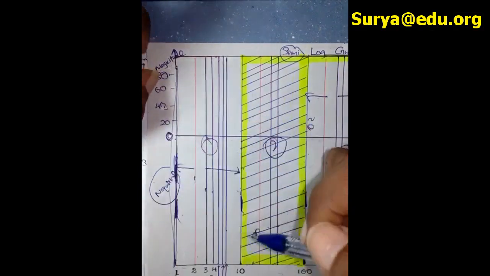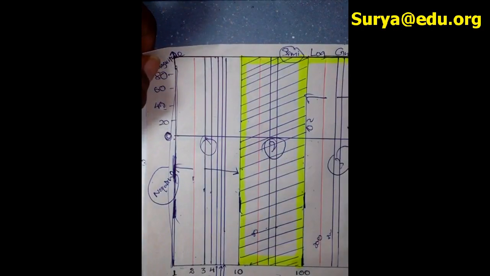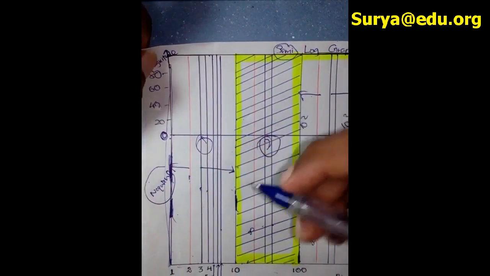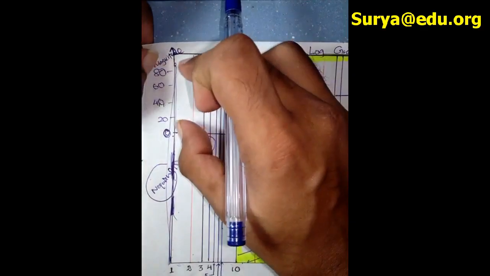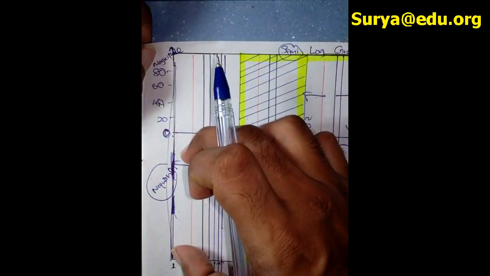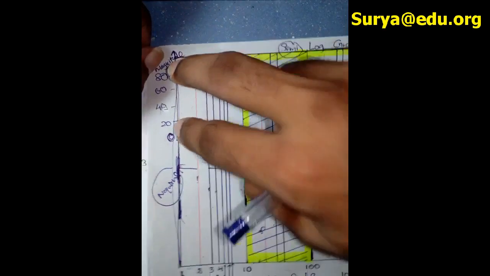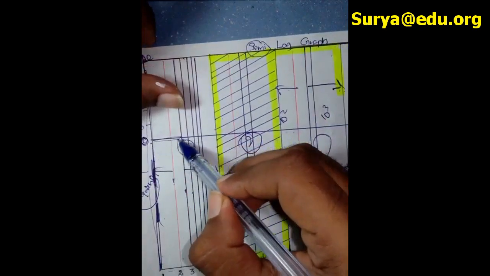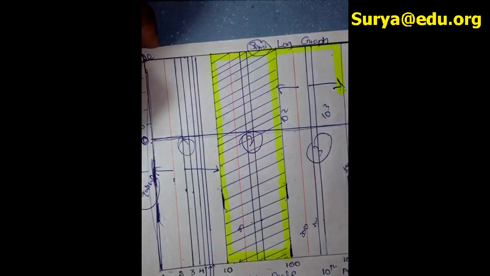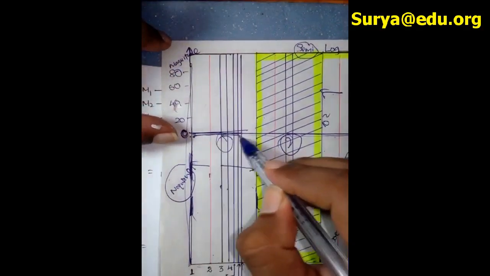Center magnitude means 0, right? Center magnitude means 0 because there should be a centered midline. So highest consideration should be given for the negative, then the rest of the consideration should be given to the positive. Okay, so now you can consider any midline. So this line stands for 0 magnitude.